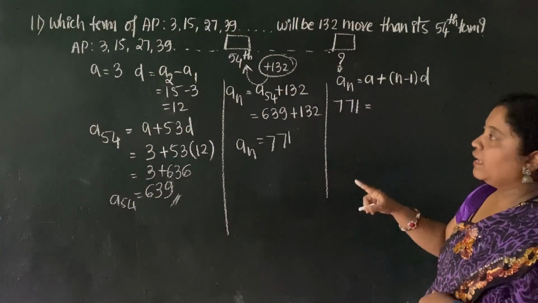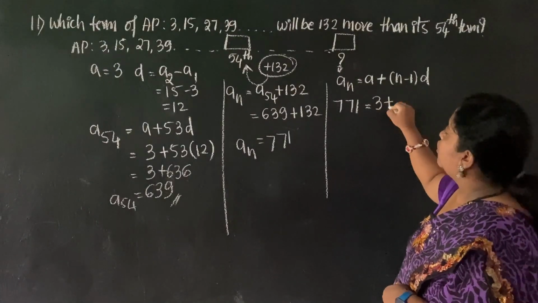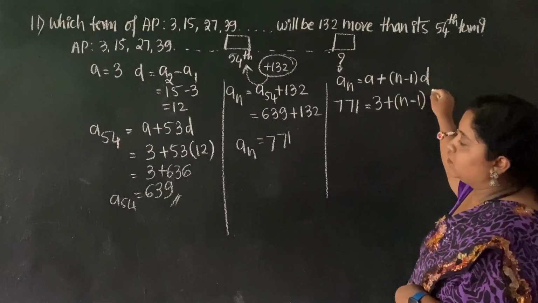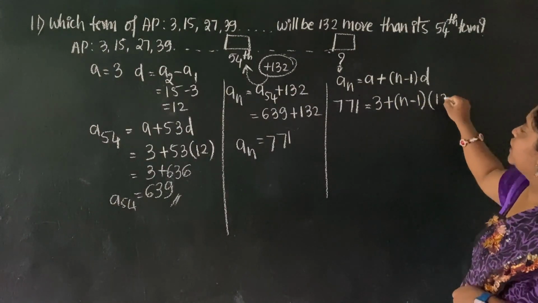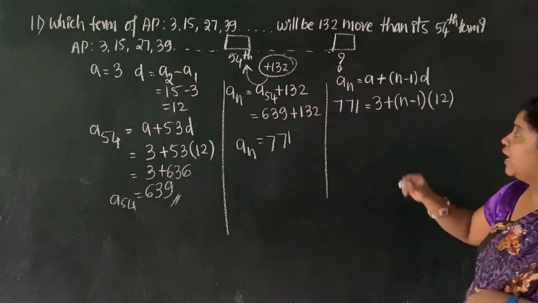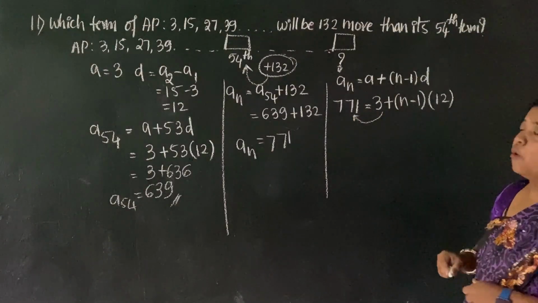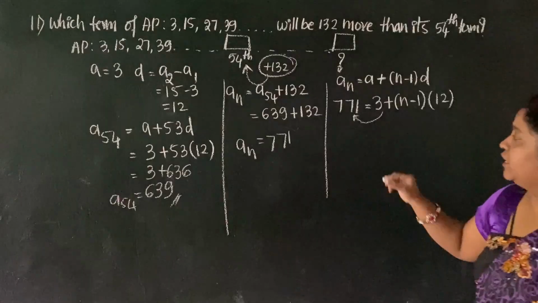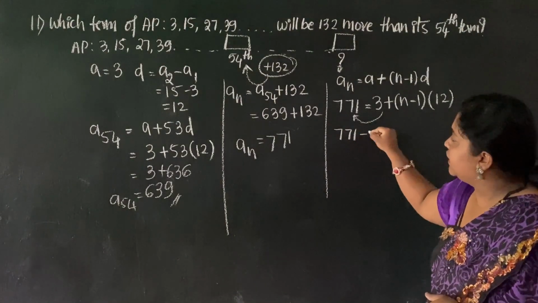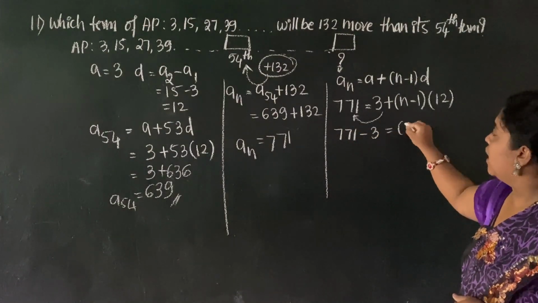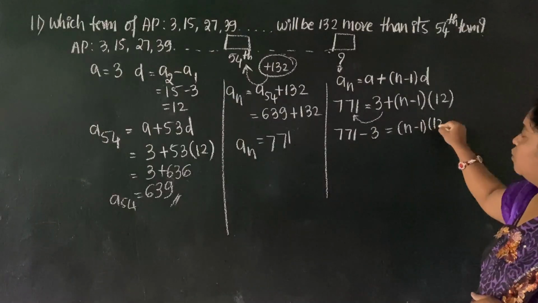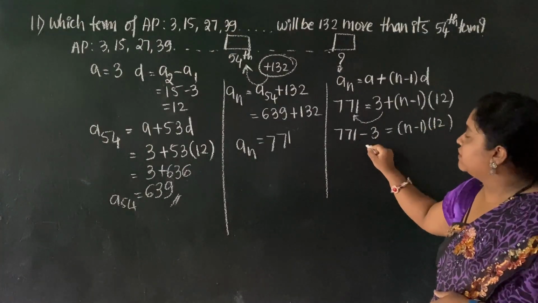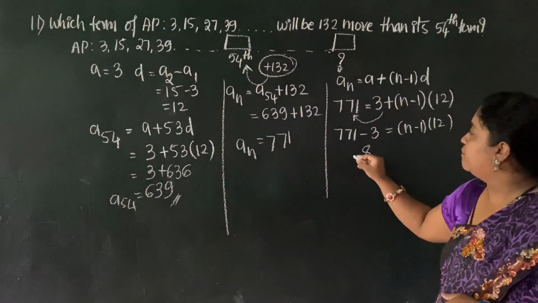Understanding? AN is how much? 771. A is equal to how much? A is equal to 3. N I need to calculate, and D is equal to how much? 12. I'll send this 3 to this side. Positive 3 turns to be negative. So 771 minus 3 is equal to n minus 1 into 12. Now dear, 11 minus 3 is how much? 8. So I'll be having